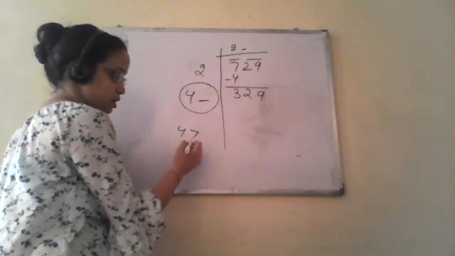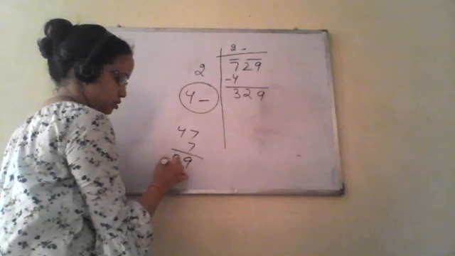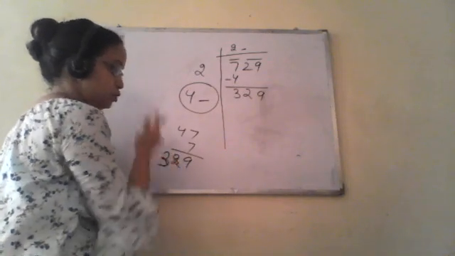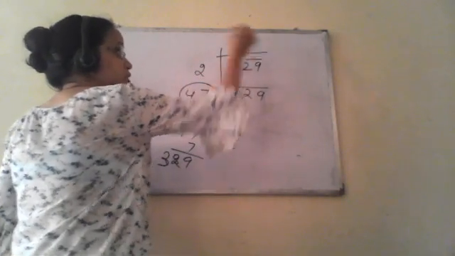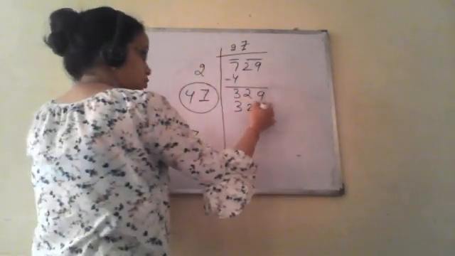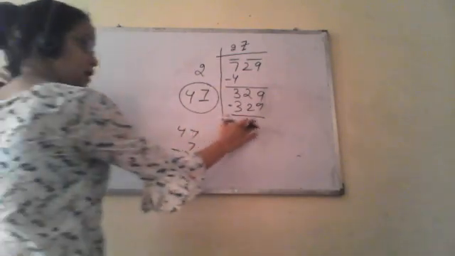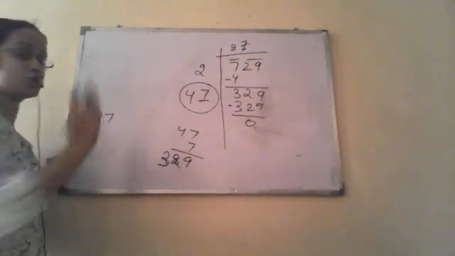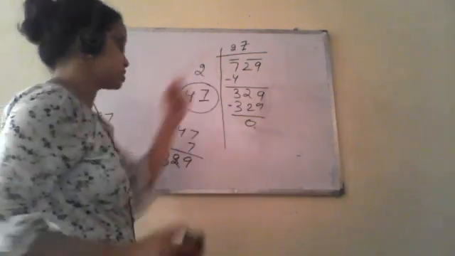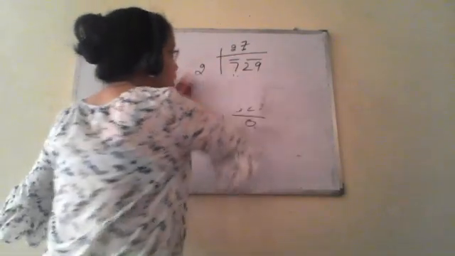Now we will see what it can be. This is 47. If we say 47, so this is 329. So it is coming exact. So we'll put 7 here and 7 in the quotient. So it is 329. Clear? The remainder is coming 0. So this 27, whatever the quotient is, is the square root of this number. Okay, I hope now the things are clear to you.